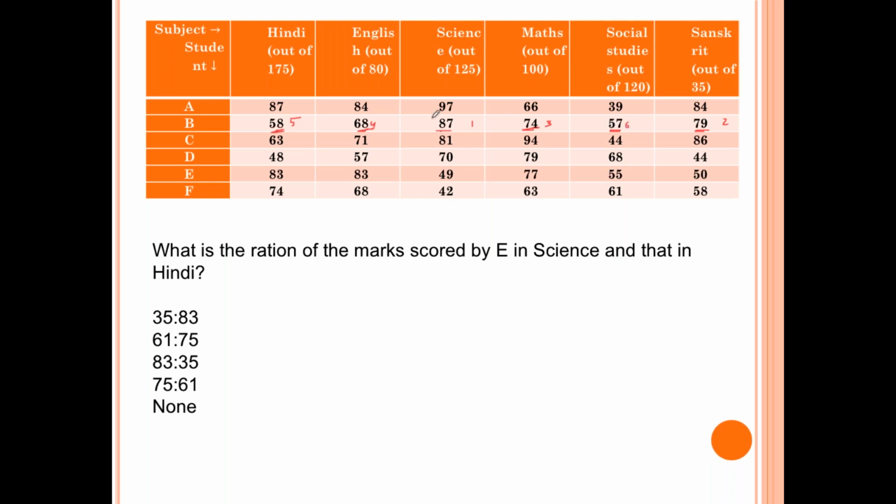close to each other. So 1 and 2 are not. So 1, 2, 3. So I can take 74, but still it will be lesser than that. We take 70 as an average, right? If I take 70% as an average, I will see this is plus 4, right? This is plus 17, right? This is my minus 13, and this is plus 9, and this is minus 2 approximately.